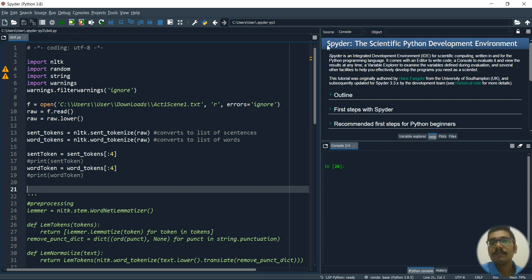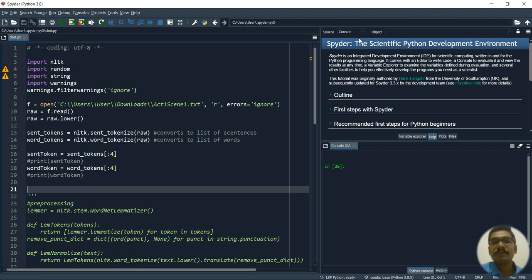This is nothing but Spyder, the scientific Python development environment. It comes bundled with the Anaconda package, so whenever you install Anaconda on your system, all these things come inbuilt. You need not do a separate installation explicitly for these kinds of shells or code editors. Okay, so let's begin.